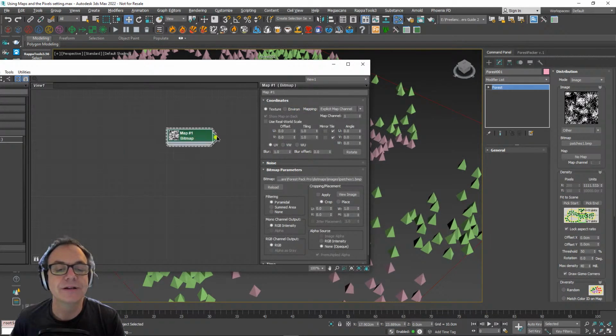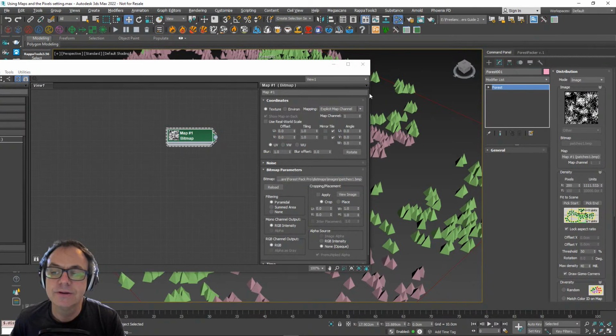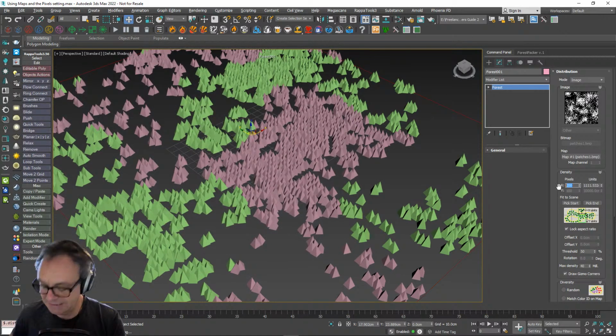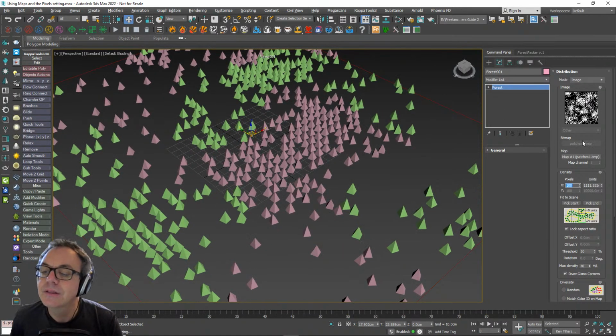Okay, there it is. Now I'll take that and pipe it into the map slot, below the bitmap slot. And when I do that, the bitmap slot essentially greys out, because now it's basically using a solid white block. Every pixel is being represented as a tree, and it looks underneath at this map to see if there's a white or a black pixel underneath. And if there is, then it adds a tree, or it doesn't. There's no threshold at this point because this is still a white or black map.